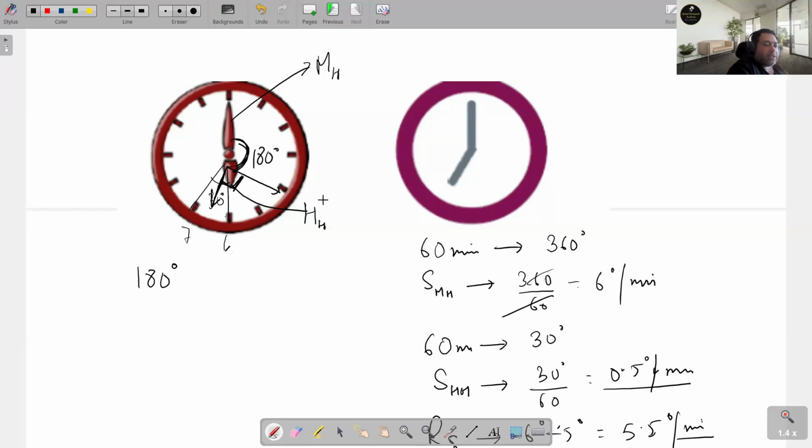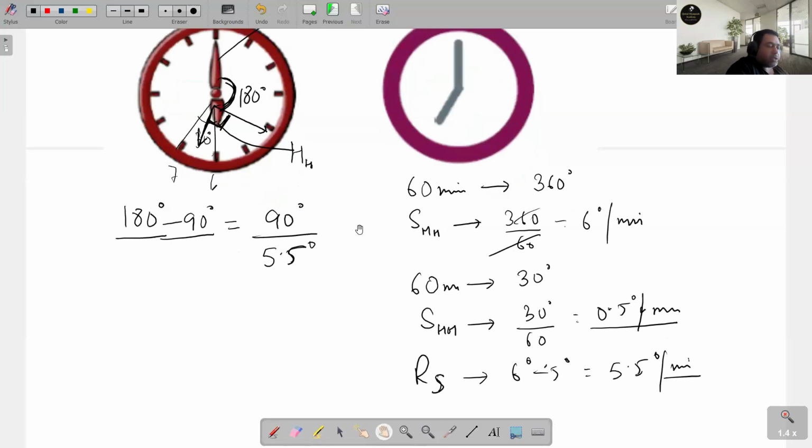The minute hand has reduced the angle with a relative speed of 5.5 degrees per minute, right? So 180 degrees minus 90 degrees, that is the distance which has been covered already. That's 90 degrees, divided by 5.5. That will give us the time, the first time from 6 p.m. So that will become 180 divided by 11,